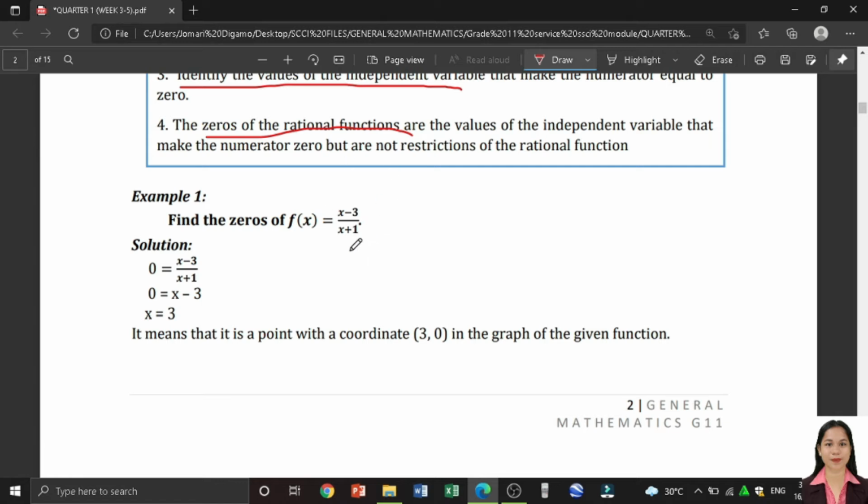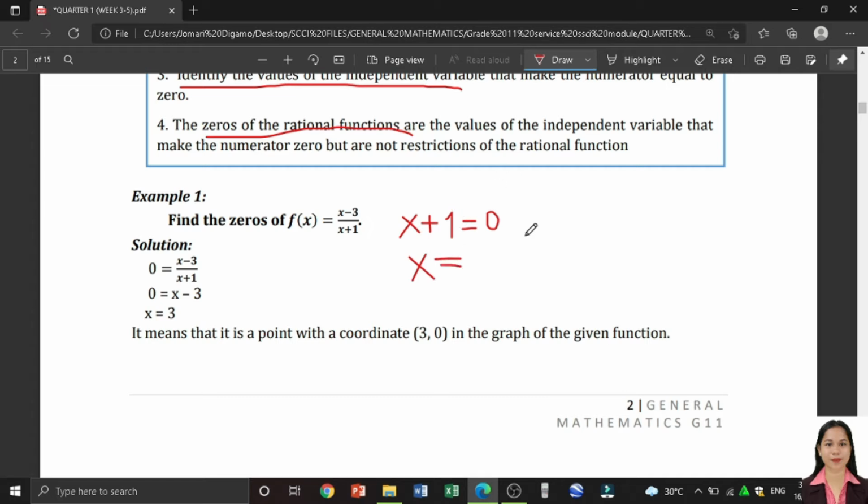So what is the value of x in the denominator that will make it equal to 0? So let us equate x plus 1 equal to 0 para malaman natin yung mga restriction na values or restricted values. So x plus 1 is equal to 0. Okay? Then, x is equal to